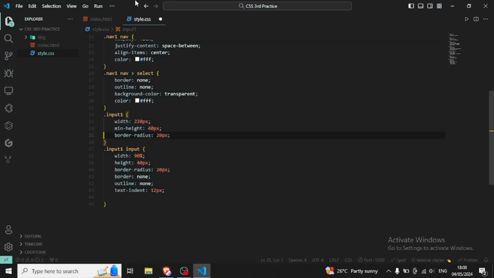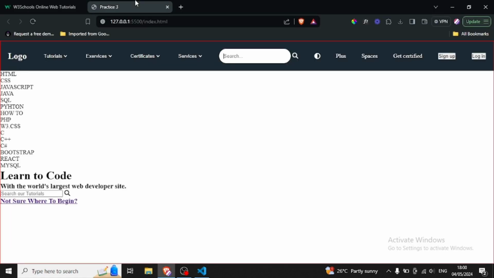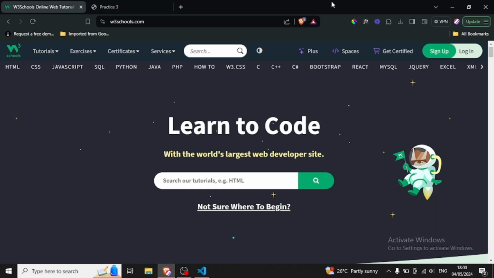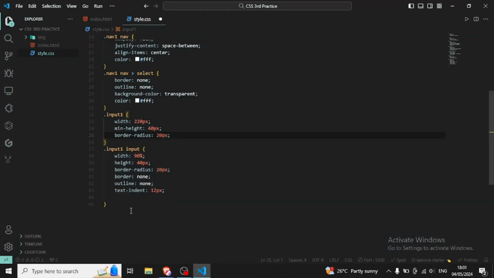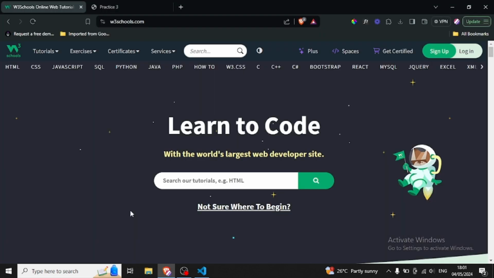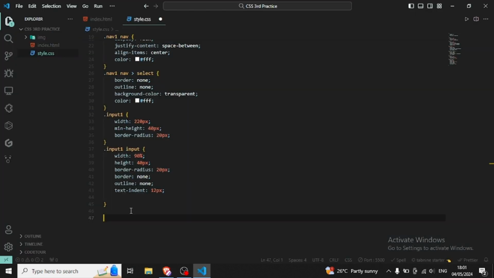So let's write down. Okay, now it's fine. Next thing, others, I think it's fine. We can just change their colors to this if we want. Okay. So just copy the color from here and come out here, and we can write